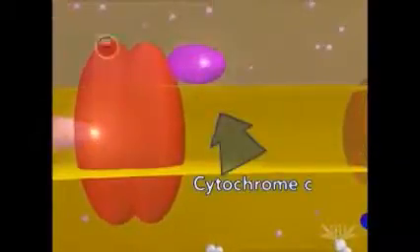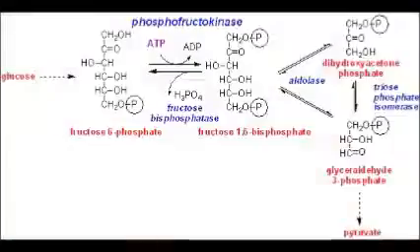Each electron is then passed from the cytochrome BC1 complex to cytochrome C. Cytochrome C accepts each electron one at a time. One hydrogen ion is pumped through the complex as each electron is transferred. The next major step occurs in the cytochrome oxidase complex. This step